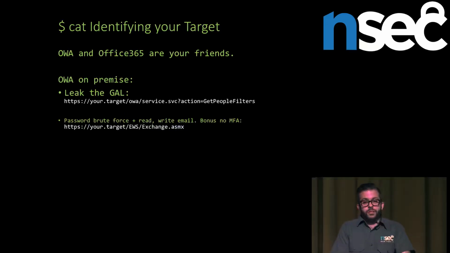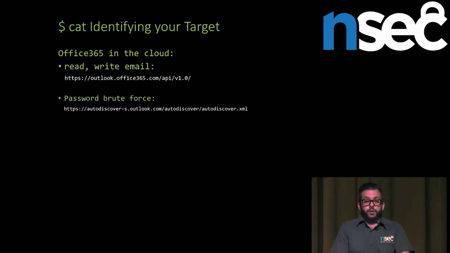It basically just supports basic authentication, so it's fairly easy to script it. There's a bunch of tools online that actually do that for you. So targeting OWA is really lucrative. Same approach with Office 365. There's a public API that you can use that achieves pretty much the same thing.